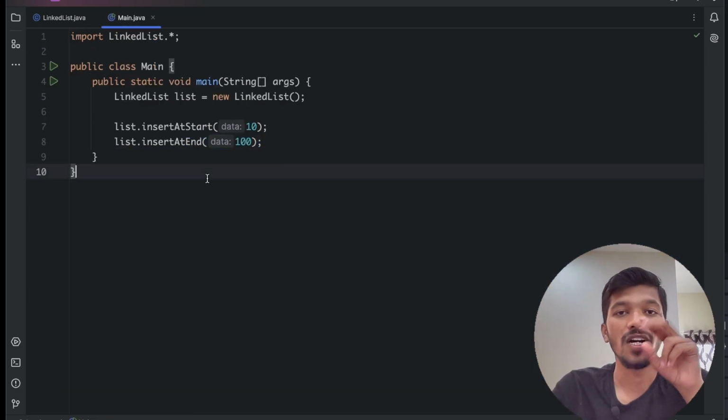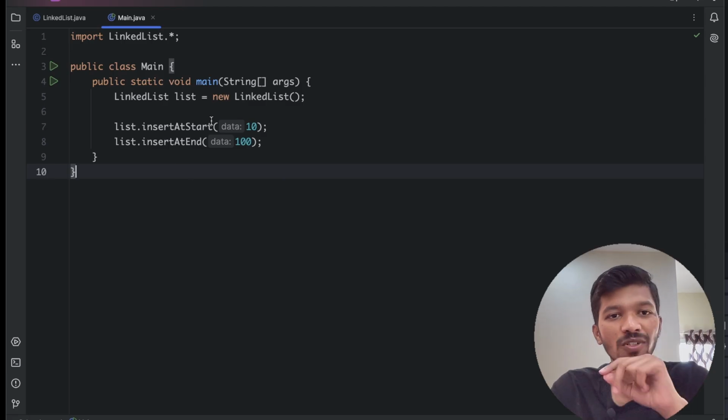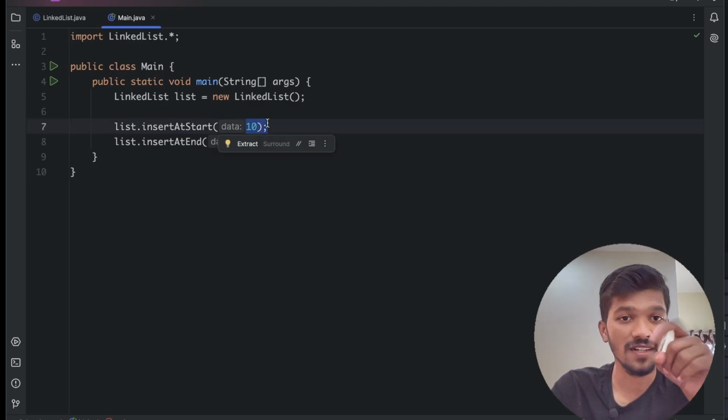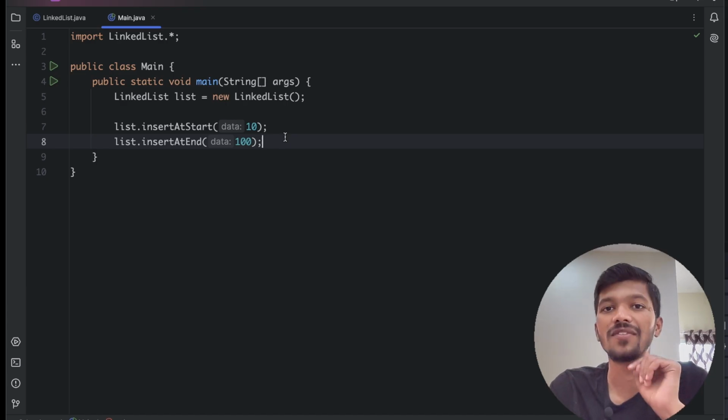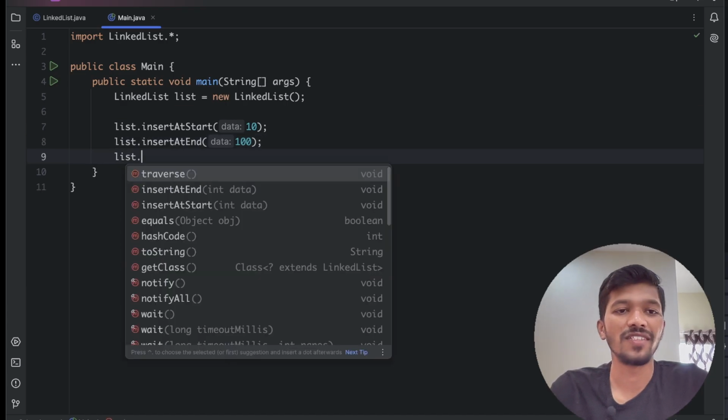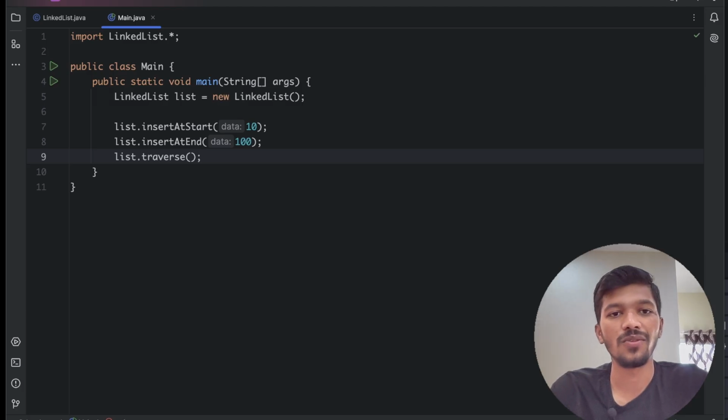So this is a simple code which we can use to traverse the list. Let's check. In the previous two lectures I inserted two nodes. First I inserted 10 at the start, and then I inserted 100 at the last. Let's check whether we are able to traverse this list or not. So I'll simply call list dot traverse. If I run the code,